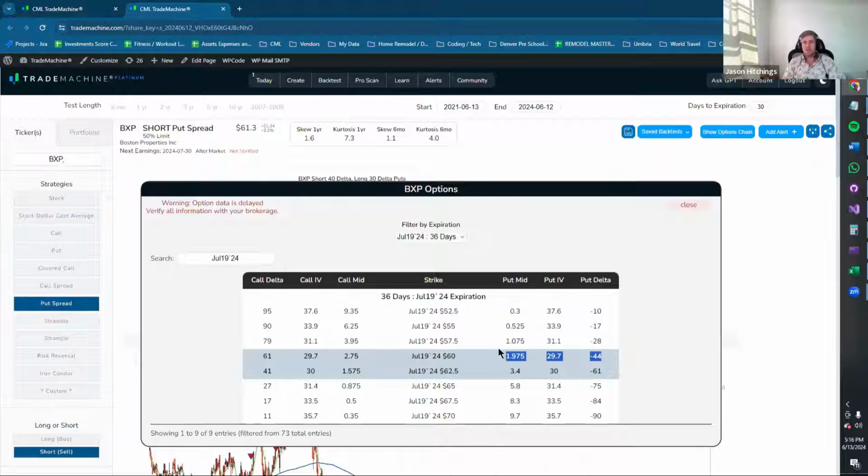So the two strikes that look closest here are the 60 and the 57.50. So our risk would be between the 60 and the 57.50. So we have about $2.50 of downside per share. Every contract is, of course, 100 shares. So every time you did this, the risk would be about $250 if it drops down below 60 and your max loss gets hit at 57.50. Okay, so that's the strategy in its essence.